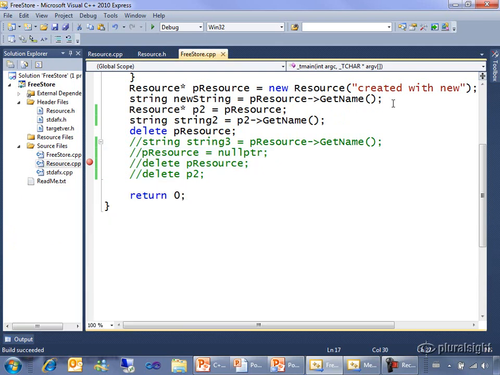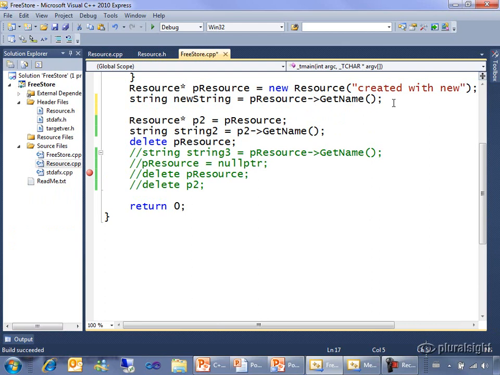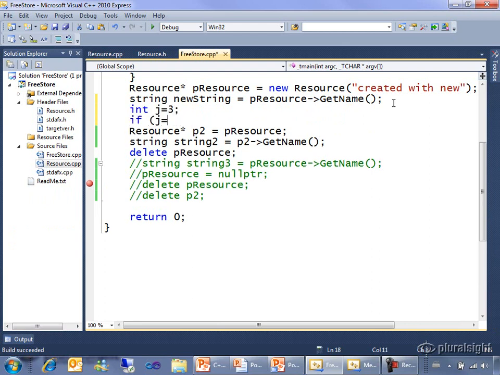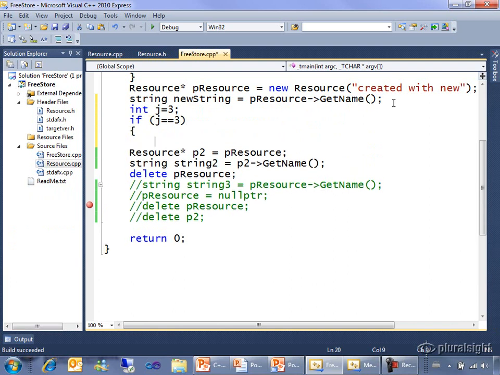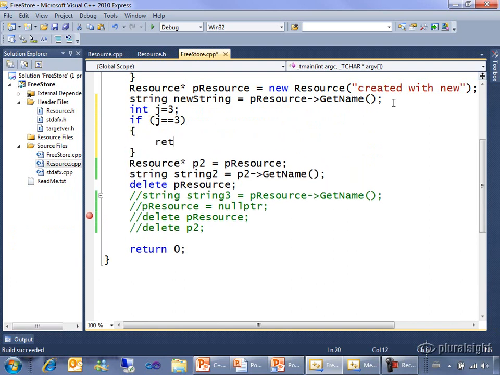Well, I tell you what. Let's just do something relatively mild here. I'm going to make myself an integer, and I'm going to make a test to see if that integer is 3, and you can tell that it is. And I'm going to return from my function early, if it's 3. Could happen. Here's what's going to happen. We will call new, and then we will return, and we will never delete it. If I run this,